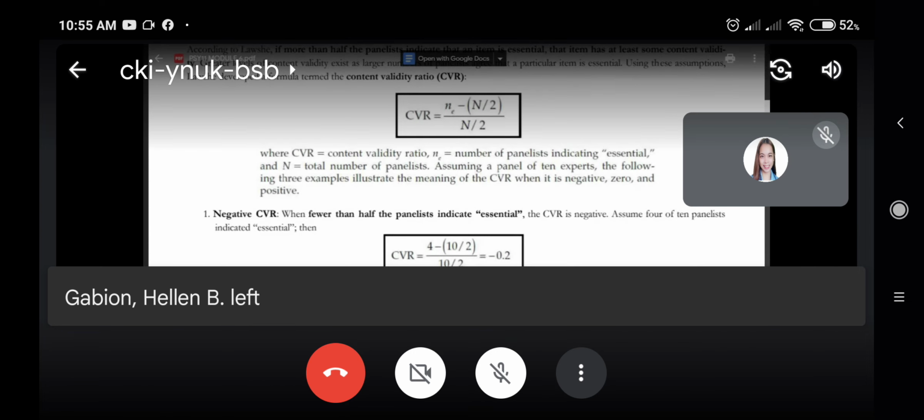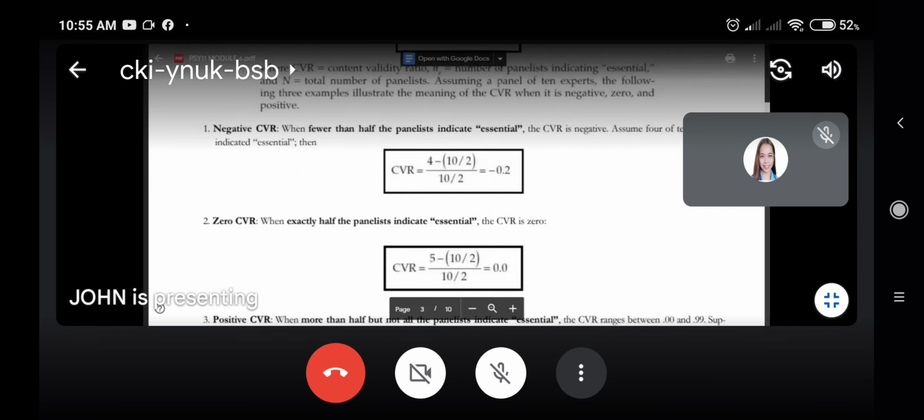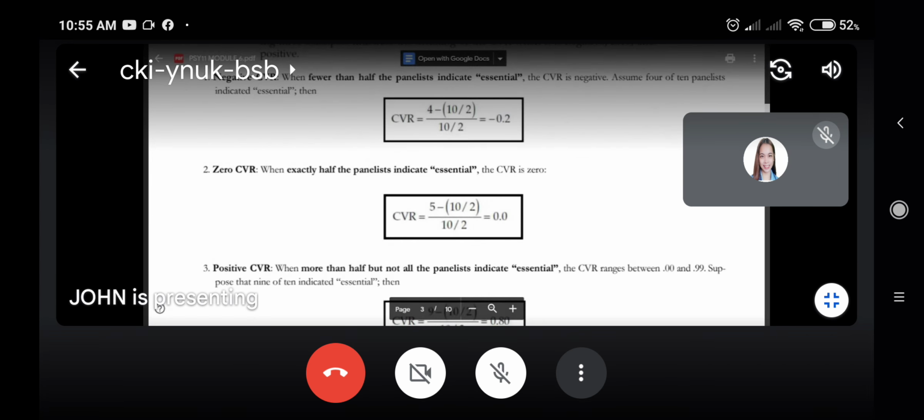Okay. So, yun po yung sinasabi natin na content validity ratio. We need to compute for this. We have three types of content validity ratio: the negative CVR, the zero, and the positive CVR. Pag nag-negative kasi, mas mababa sa kalahati yung nagsabi na essential yung tanong na yon. So, in that case, in reference to content, hindi siya pang-measure nung construct